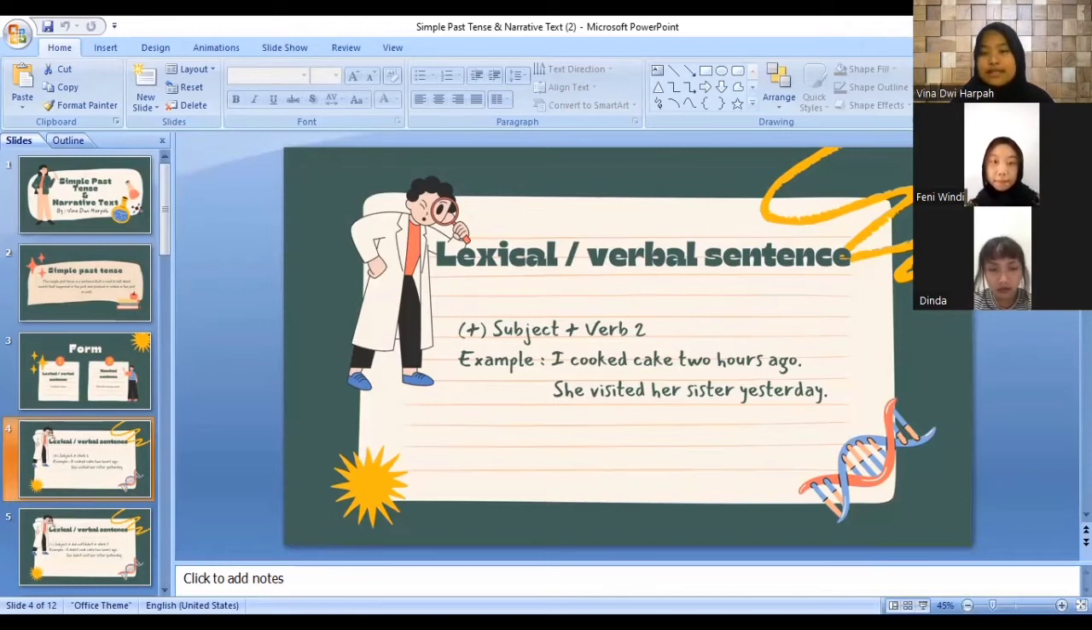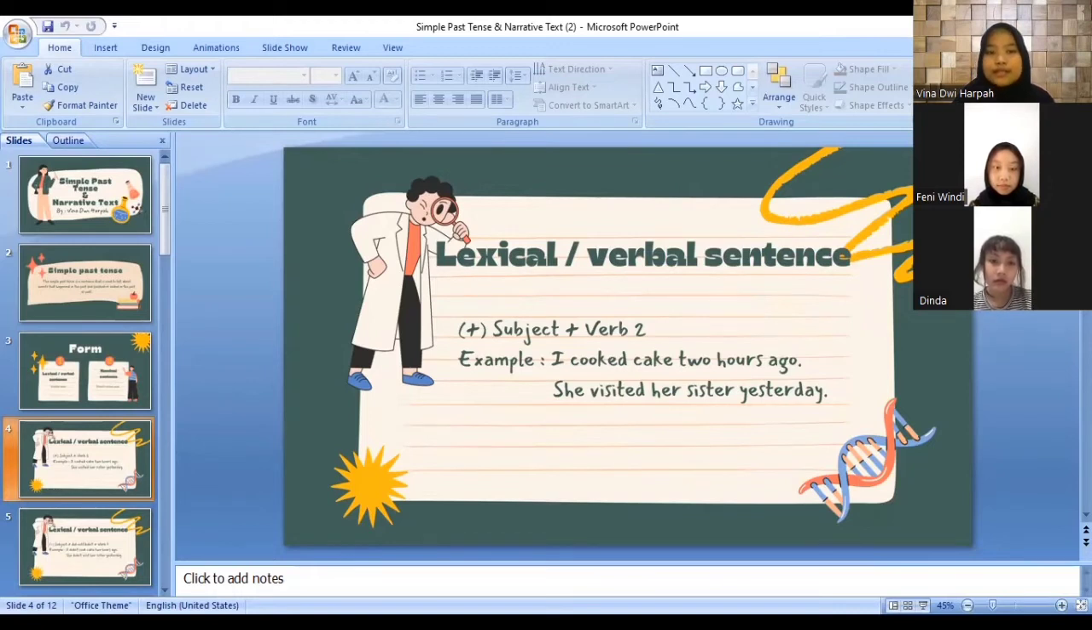And this sentence has the meaning that I cooked cake 2 hours ago. So now I'm not cooking cake. Okay? Do you understand? She visited her sister yesterday. So this sentence has the meaning that she visited her sister yesterday. I mean, she visited her sister yesterday. So now she is not visiting her sister. Okay? The next slide is